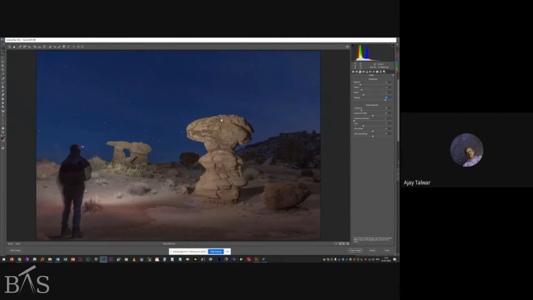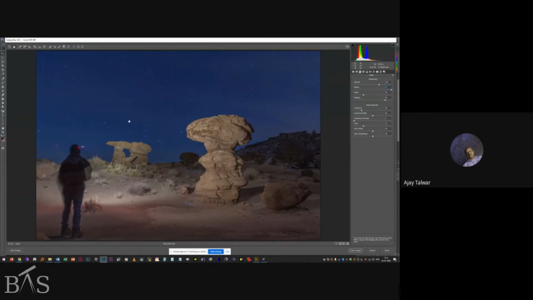So this sharpening will be applied only to stars and these areas in the rocks which have these cracks and crevasses. So let's see. The amount of sharpening that I want to apply is about 100, and the radius, the pixels, let me go to 3, and you will notice